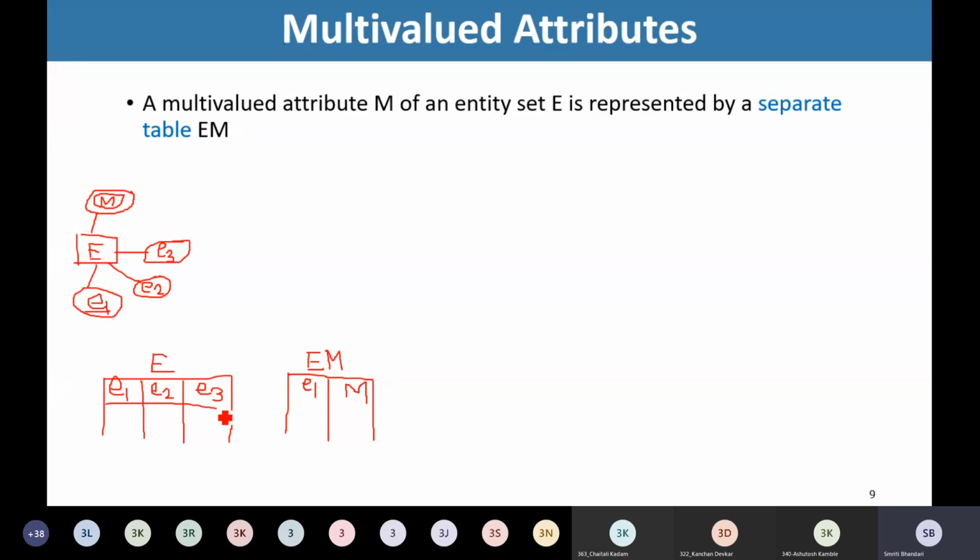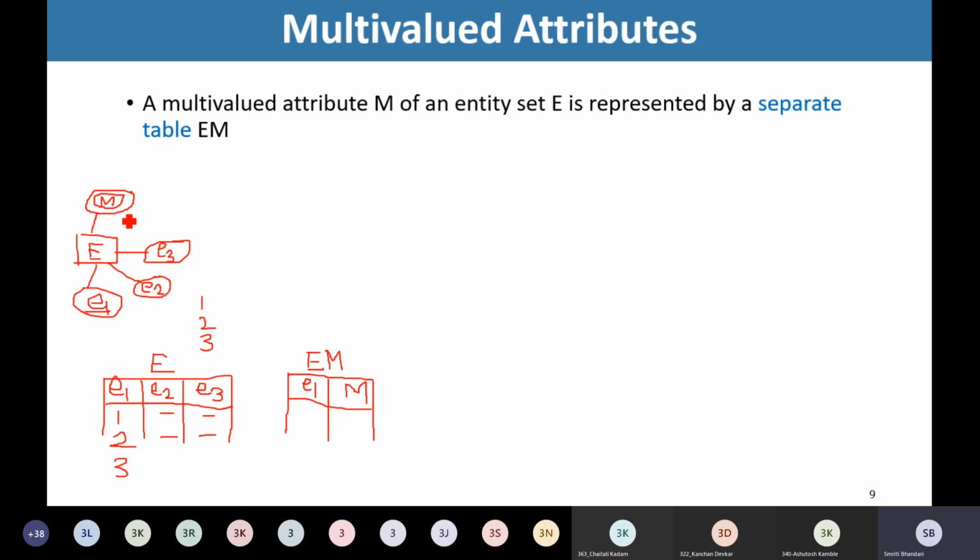So how am I going to store the data now? See here, please understand the logic behind. Suppose I am storing employees in this entity set. So E1 is my primary key, say the ID of the employee. So I'll be having employees with ID 1, 2, 3. Correct? So all this information I am going to store for all those different employees. E1 is unique, so I'll be having a unique ID for each employee, and the associated information, whatever it may be, I'm going to store in this table.